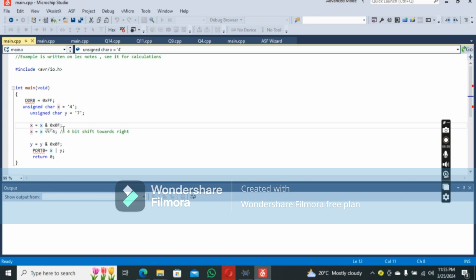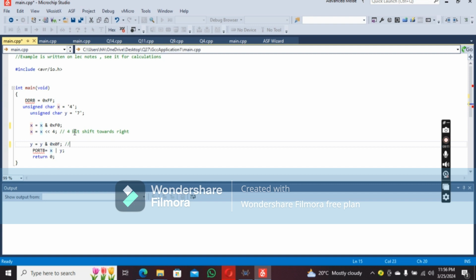And we will get 40. Right. We will get 40. After that we will shift this by 4 bits towards the right, so it will become 40, and we will get 7 as it is. Right. Wait, it is F0. Right. Now it's good. After that y is equal to y, and operation on y means on 7, we